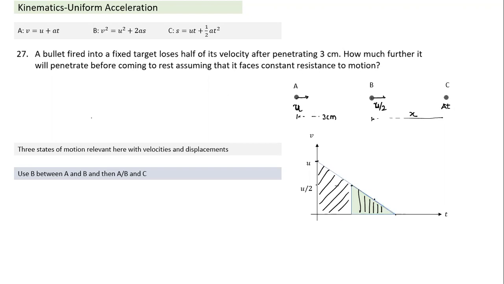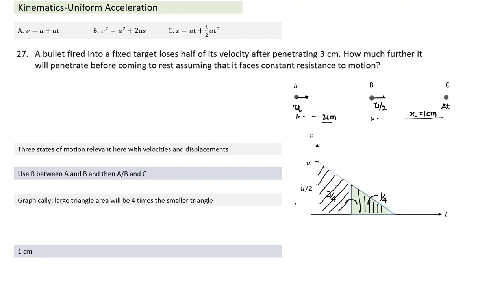And we understand, compared to the larger triangle, this smaller triangle has height half and width also half. So this will have an area of 1/4, and this area will be 3/4. Which means this area will be thrice this area. So if I understand areas quickly, I could have easily understood this area will be 1/3 of this area. So this distance is 3, this has to be 1 centimeter. We can also solve using a graph. That was my purpose: the large triangle area will be 4 times the smaller triangle area. Those who understand graphs, and I think all of you should make an effort to understand graphs better.